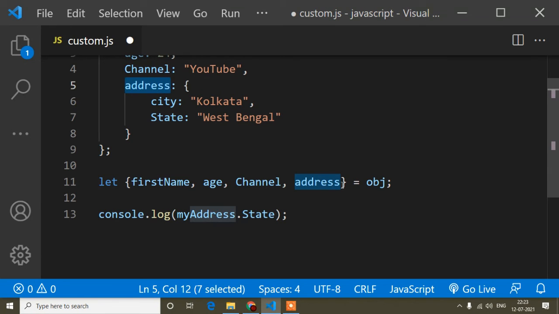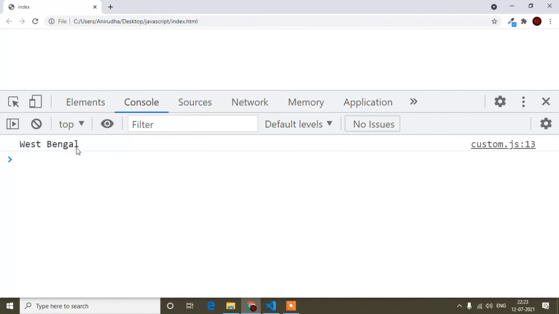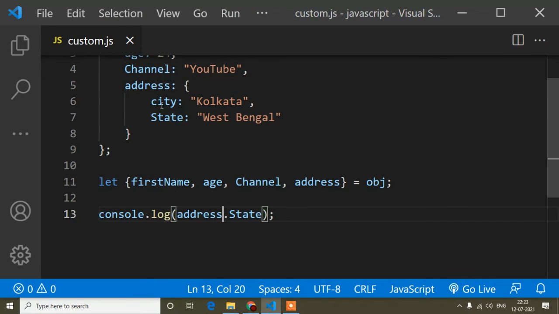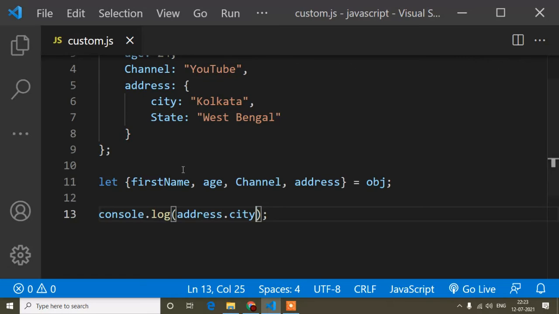I didn't create any instance of this address, so I just write address dot state and I get the state here. If I write address dot city, I get the city here. That is actually object destructuring. It just destructures our object properties, that is object destructuring. It's very simple and it comes from ES6.